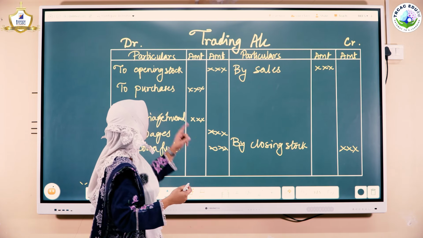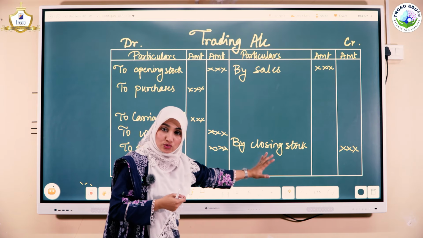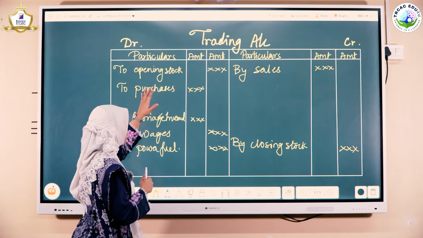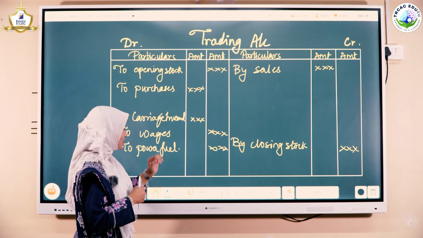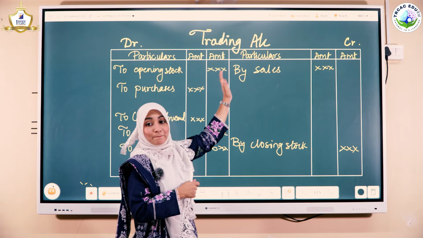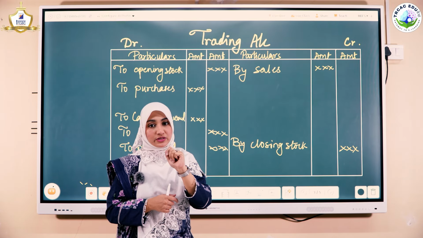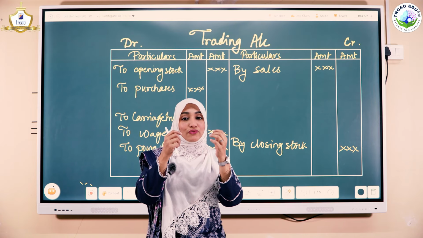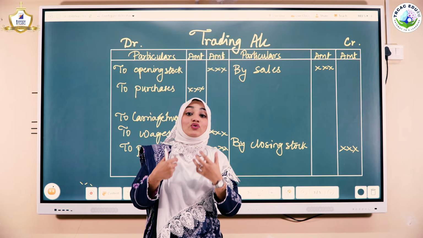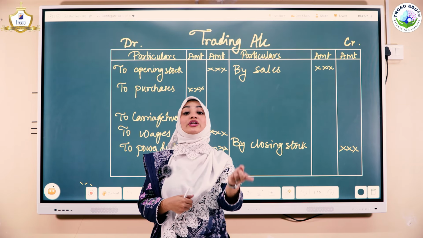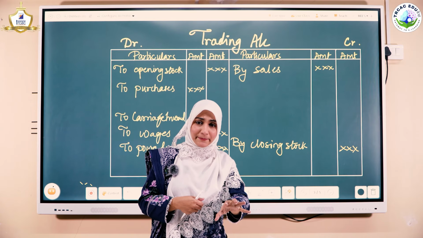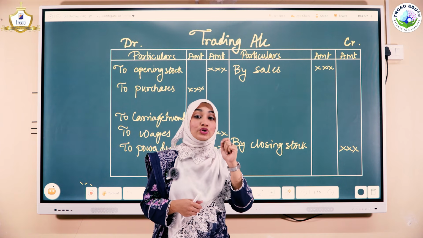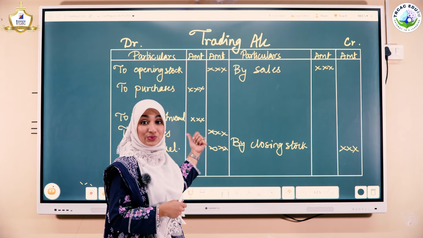Once again I will recall the opening stock and closing stock. These two are mandatory. Panch Tantra comes with purchases, carriage inward, wages, power and fuel, and sales. Now two additions. What is it? Sometimes when we purchase our material, we will not get the product as what we require. So what do we need to do? We need to return them. So it might happen sometime that along with purchase, you also have purchase return. And what do you need to do with purchase return? You need to deduct it.